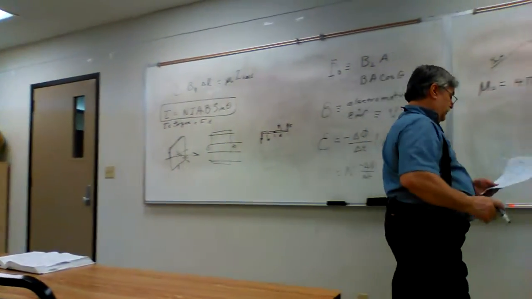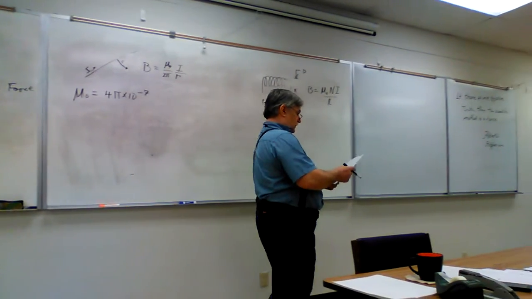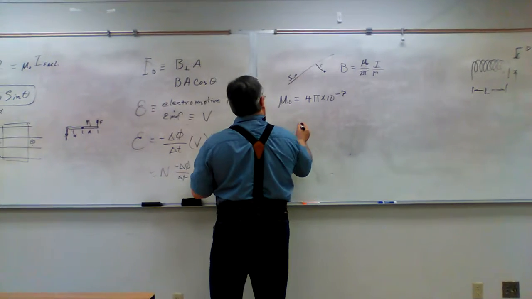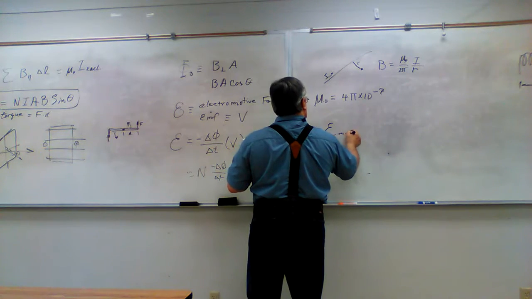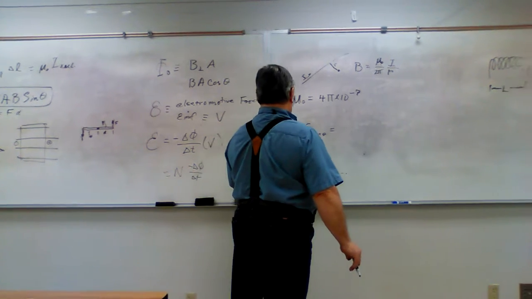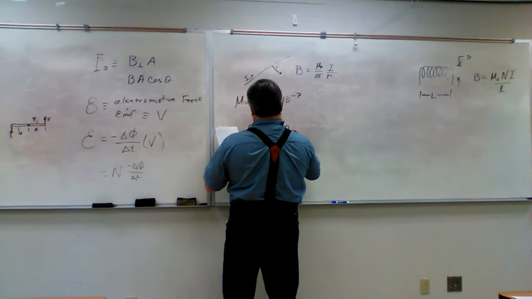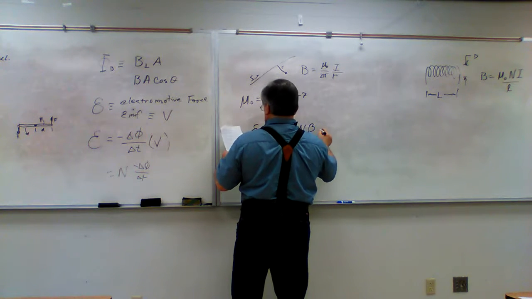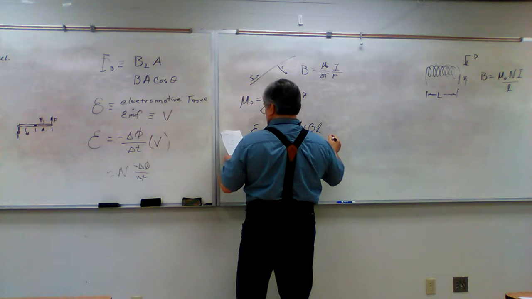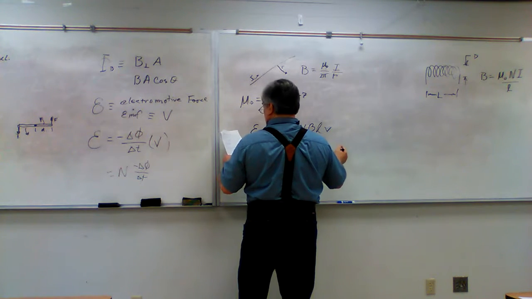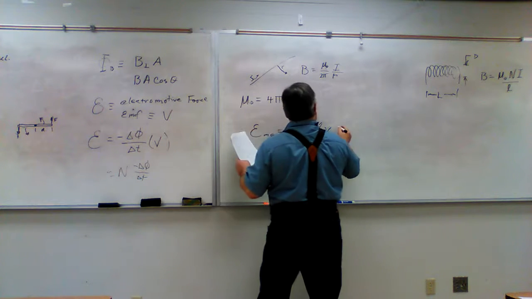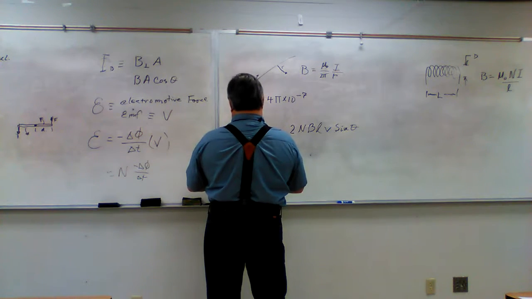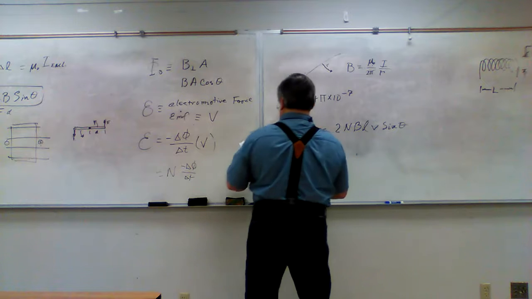Now, you also will want to look at the electric generator equation, where that induced voltage in a generator becomes 2 times the number of turns times the magnetic field times the length times the velocity times the sine of the angle between them, which actually reduces to